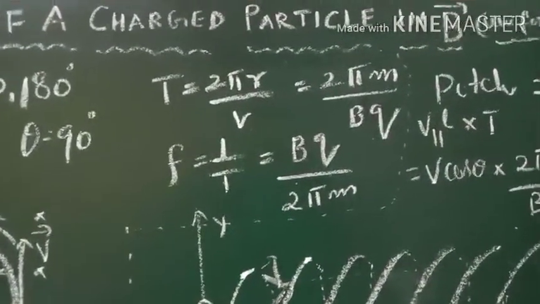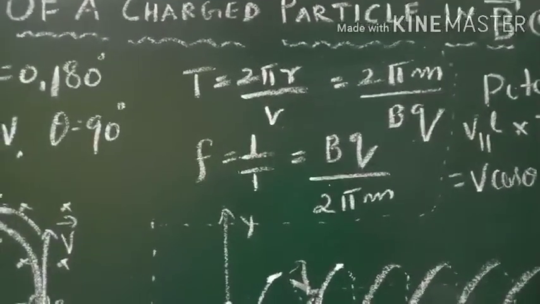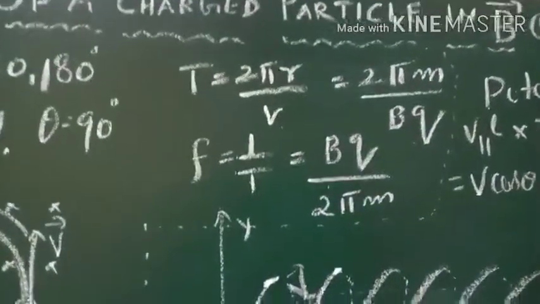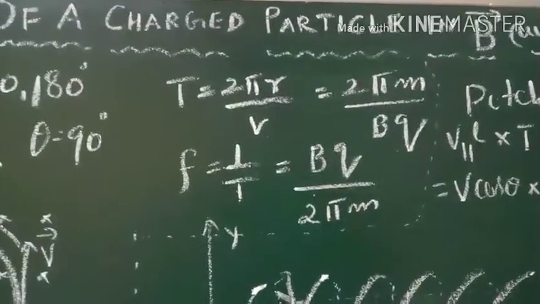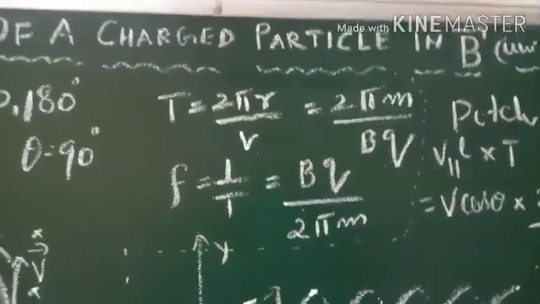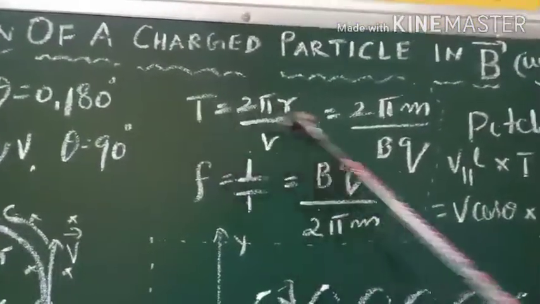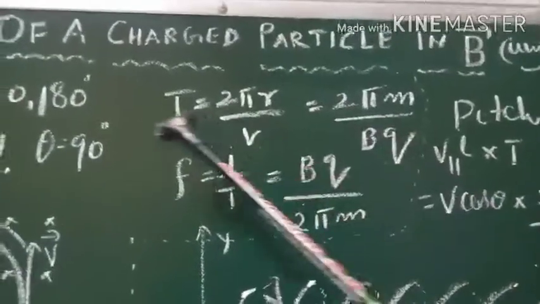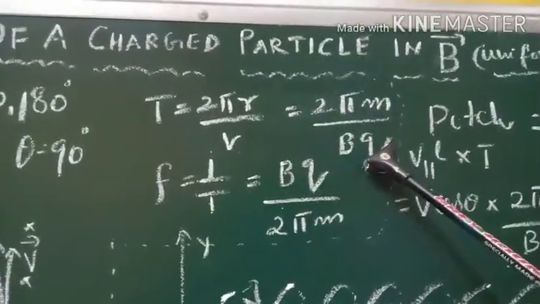And if the particle moves faster, the radius will be larger. Okay. So it has to move along a larger circle, so that the time taken will be the same. Because we have seen that there is no dependence with that velocity of the particle. V more means R will be more. So that the time period depends only on the mass of the particle and charge of the particle.